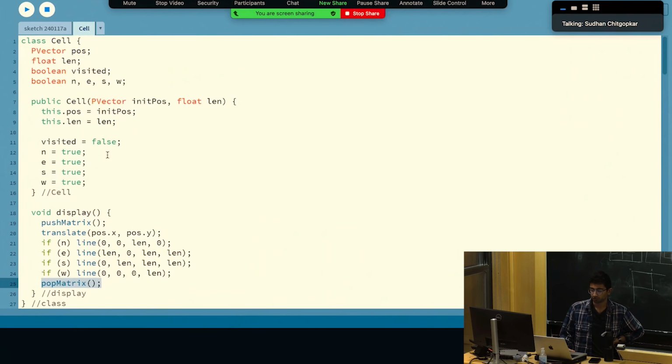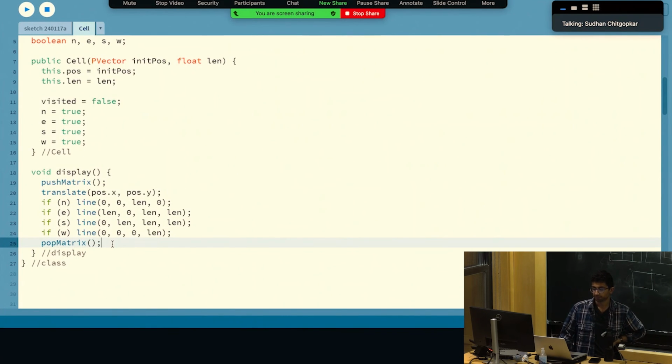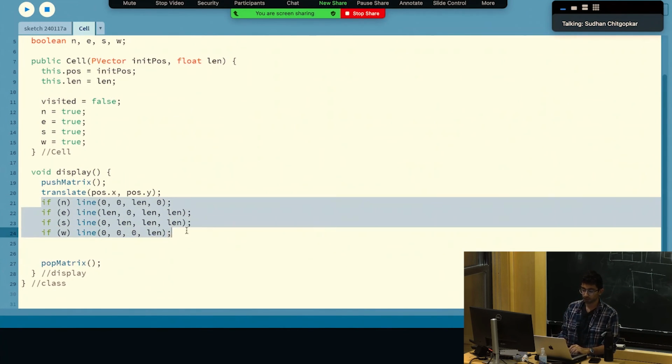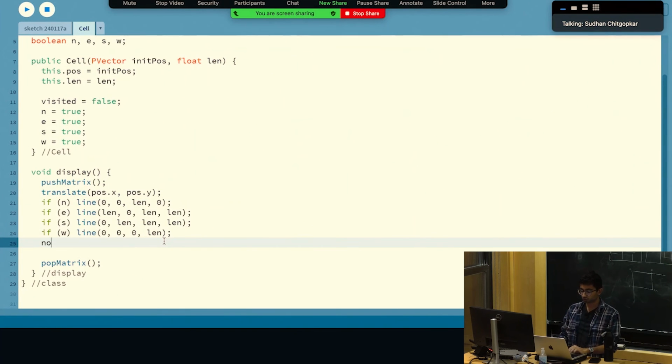And so maybe what we want to do is in our cell's display method is create the ability to draw a square and color that square in. And maybe the only time we color in a cell is when it's the current in progress cell, right? Because that's the one that we're making modifications on, and that's the one that will be removing barriers or walls between it and other cells. And so maybe the way that we want to do this is we just want to draw a square. Now, the reason we didn't want to draw a square earlier was because squares, we can't remove their individual sides. But if we just draw a square